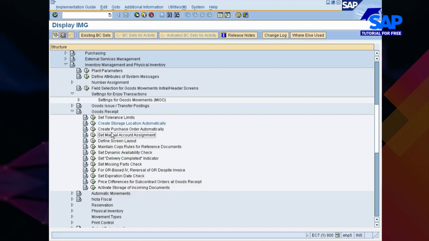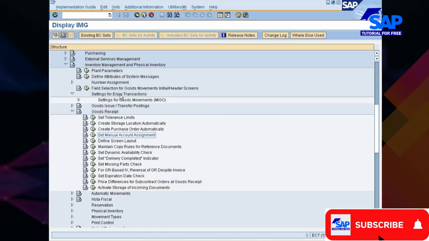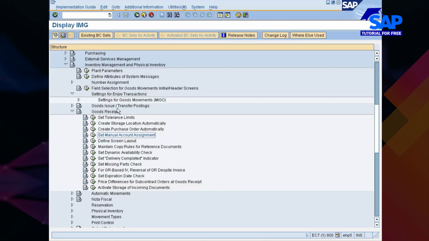This is not so important one. Normally what happens is, if you enable this particular check, it validates at the time of receipt whether you have access to post a certain value into a certain general ledger account or not. So this is not so important a thing. You just take whatever is available in the standard system.